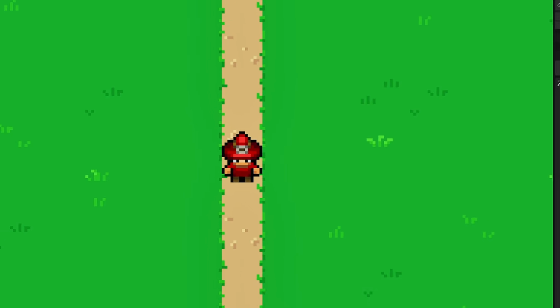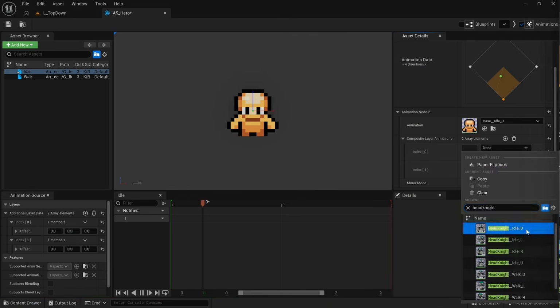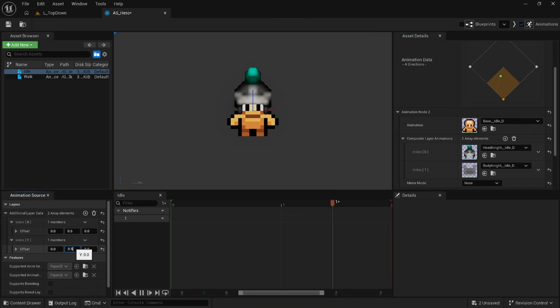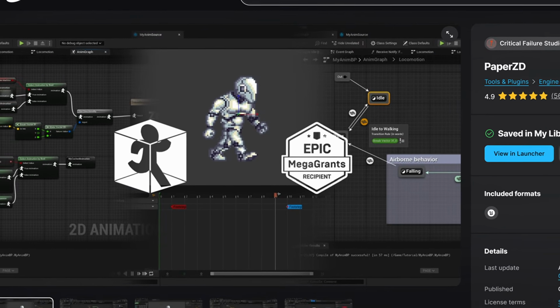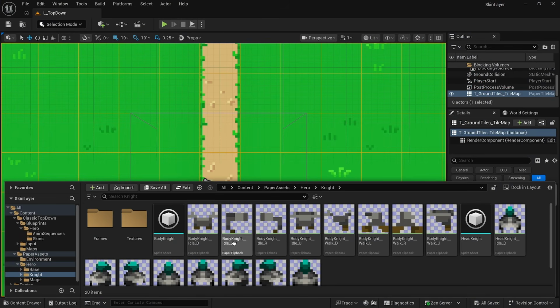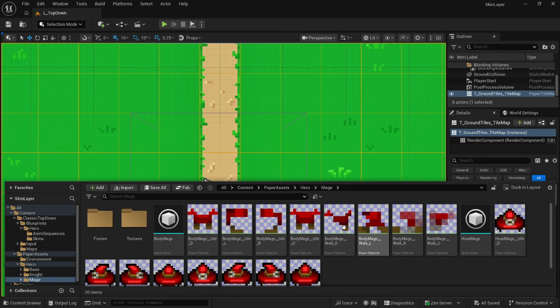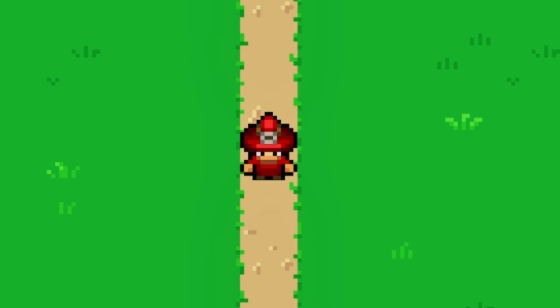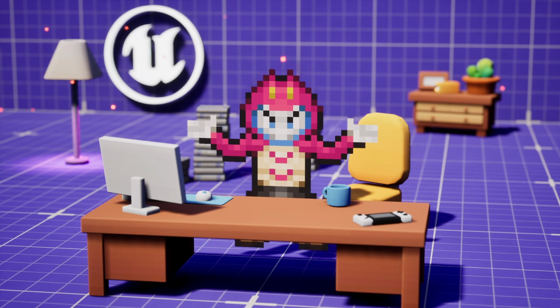In this video I'll show you how to use the skin and layer systems for sprites in Unreal Engine 5, which were recently added to the free PaperZD plugin most of us use to drive 2D sprite animations. We'll use both skins and layers by creating an armor system for this little guy that allows you to swap out different armor pieces while the game is running, and I believe this is the best way to showcase these